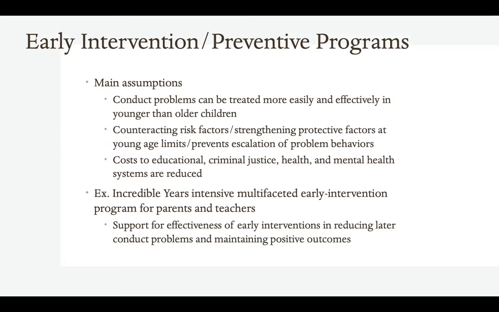So what this means is that any of the risk factors that might be there, whether it was teratogens in pregnancy or some other genetic factors that can contribute to the likelihood of someone having conduct disorder or ASPD, you can try to counteract that if you intercept it early on. And anything that could be considered a protective factor, like factors of resilience, you can try to strengthen when they're young to perhaps prevent the problems from getting worse.